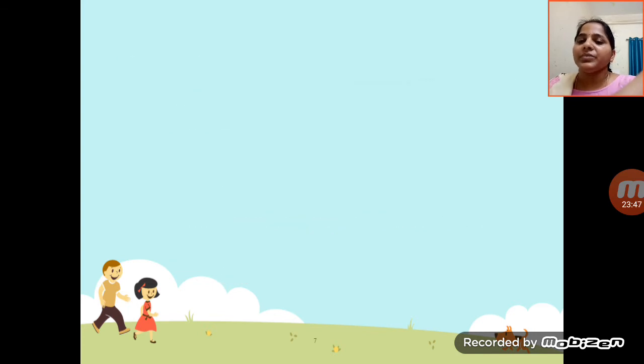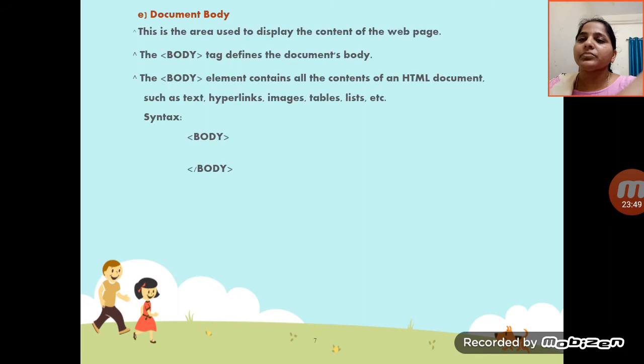After that, I will discuss the document body. This is the area used to display the content of a web page. Whatever content you want to display on the web page goes in the body.